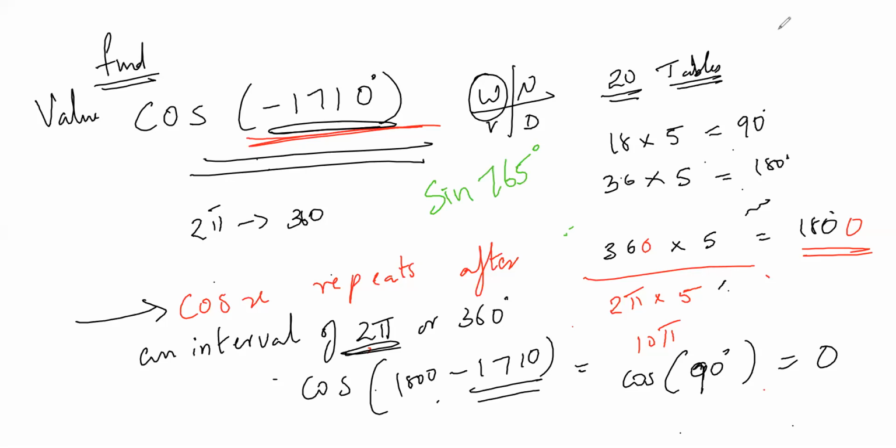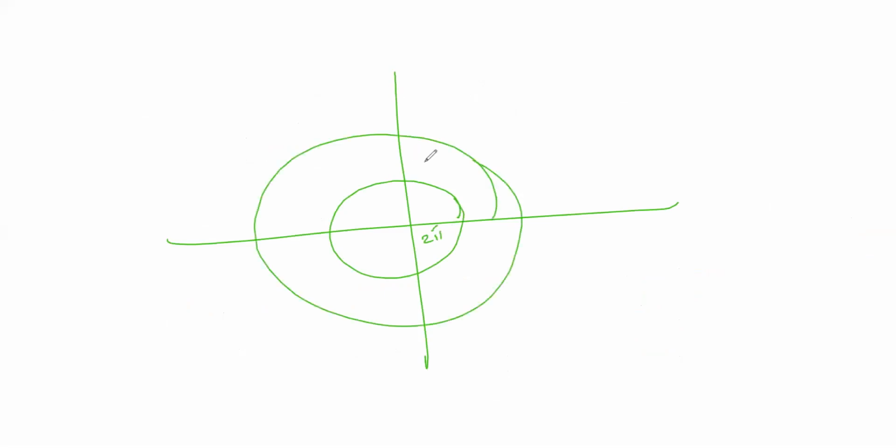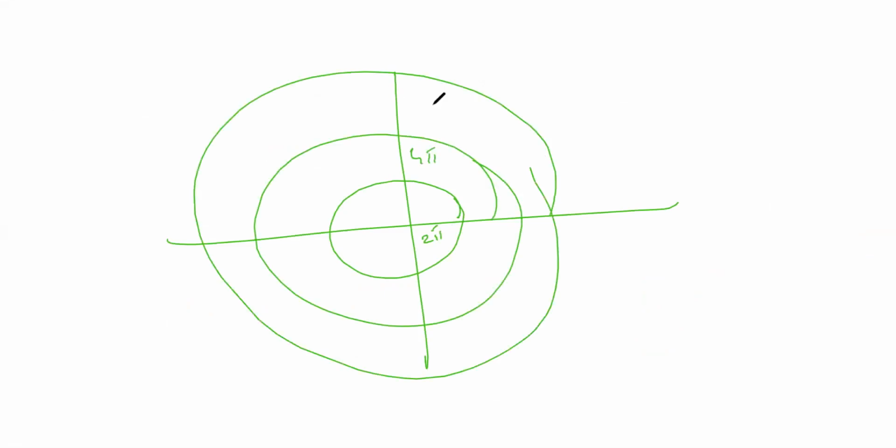1800 minus 1710, I'll tell you the thing. See, for example, 1710 is there. Correct? Now I am taking it in terms of the quadrants. 2 pi has come here, this is 4 pi, this is 6 pi, then 8 pi, 10 pi. Up to this diagram, are you clear? This is for the students who have doubts, okay?